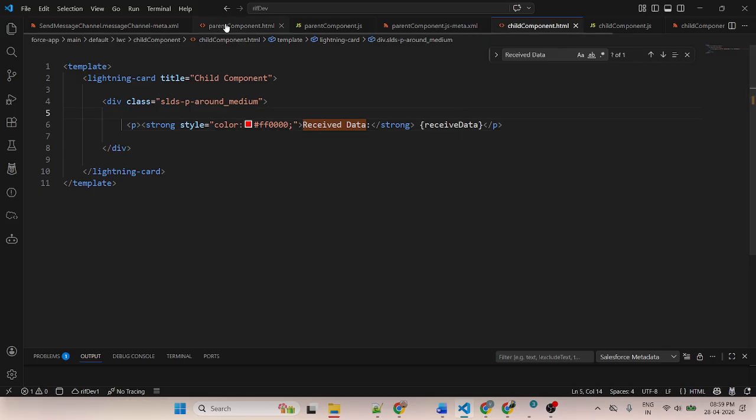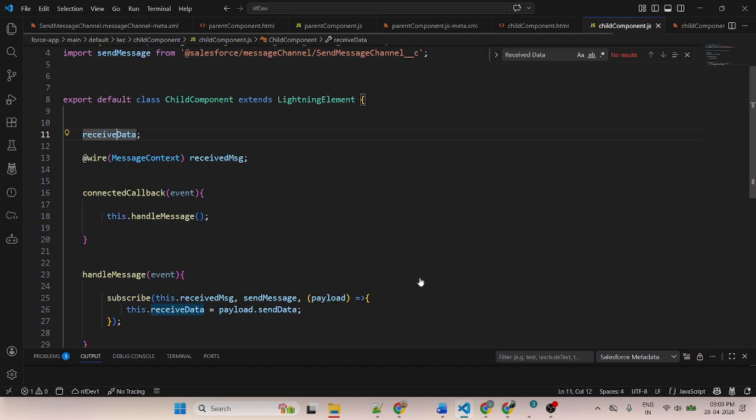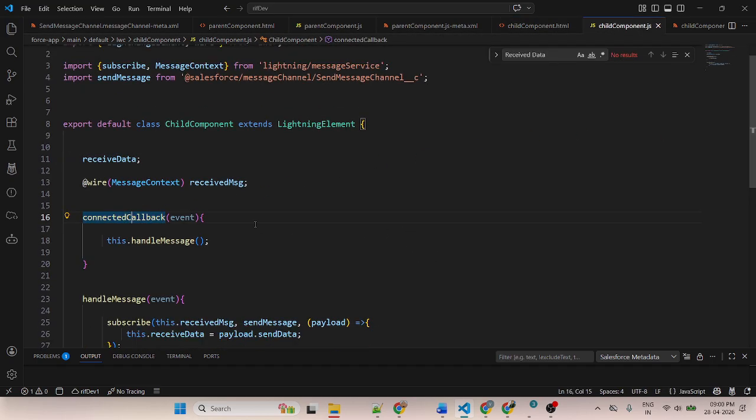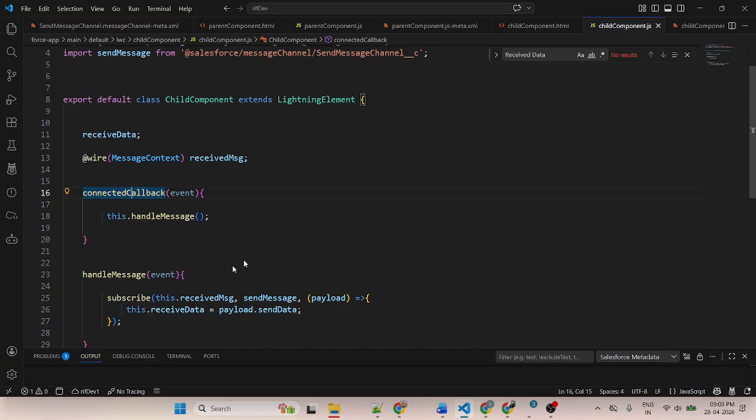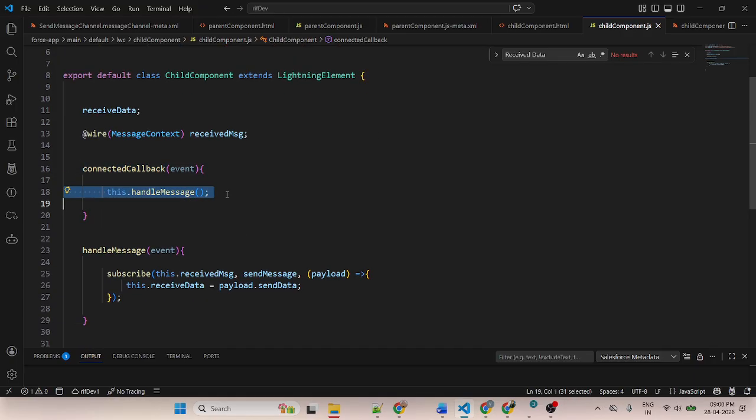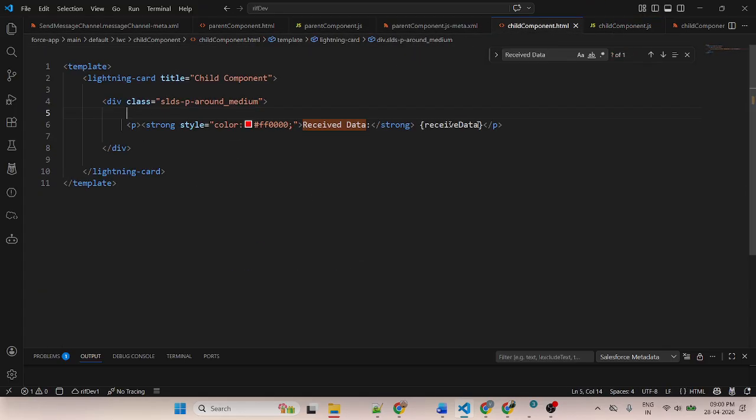And this variable I call into the component here. So whenever the parent component passes the data, the connected callback in the child component automatically executes and the function will be rendered. In this function there is receive data, which stores the value, and this value I am populating into this component here.